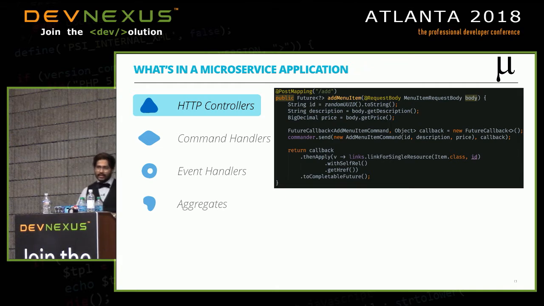So CQRS stands for Command Query Responsibility Segregation. It's a design pattern which is used generally to separate responsibilities of write versus read. So if you look at typical CRUD applications, 3 of the 4 letters there, the create, update, and delete, are write operations, right? You're changing some information. You're either adding it, updating, or deleting it. And read is a separate operation, which does not make any changes.